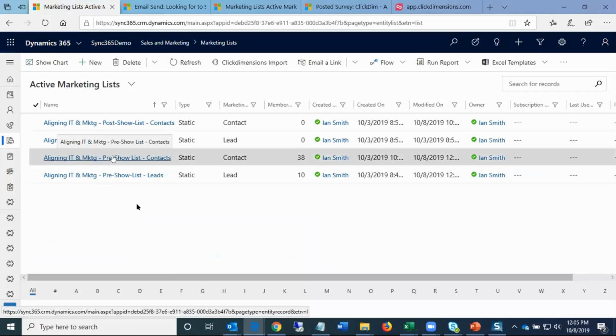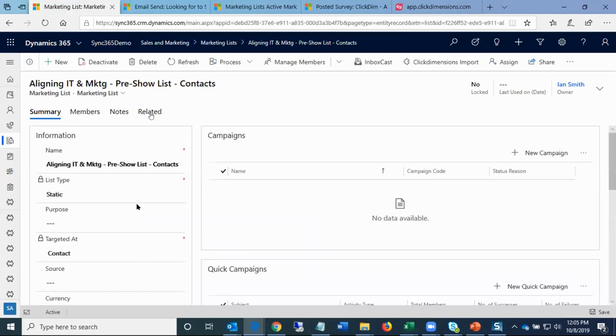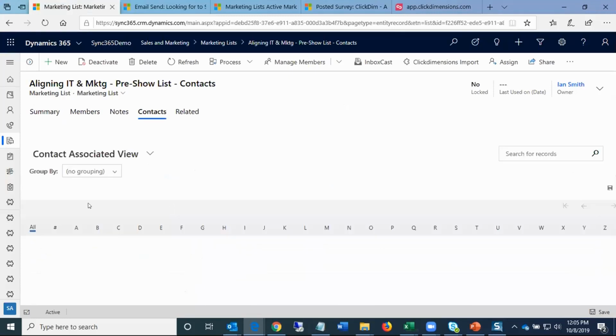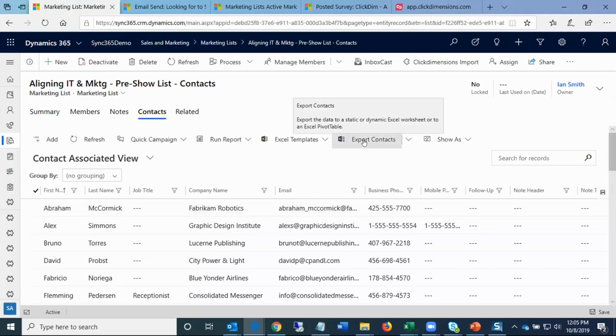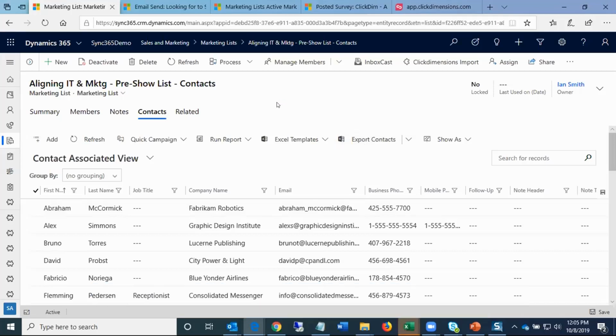And now what we want to do is we want to take that list from your trade show, take that list from the marketing list and bring it with us to the trade show. And there's a little trick here. You don't go to members, you go to related contacts, and what you'll be able to do is export this list to an Excel spreadsheet. And the reason we're going to do this is because we want to bring this list with us, and it's a super simple way to populate data associated with each one of those leads or contacts,